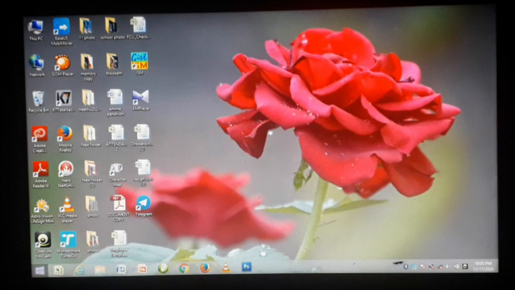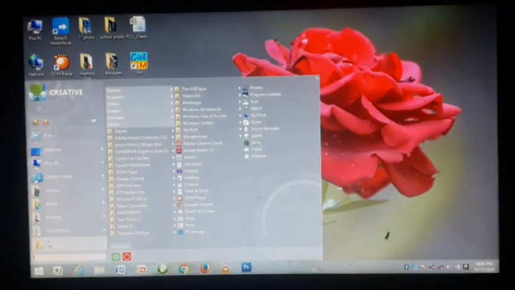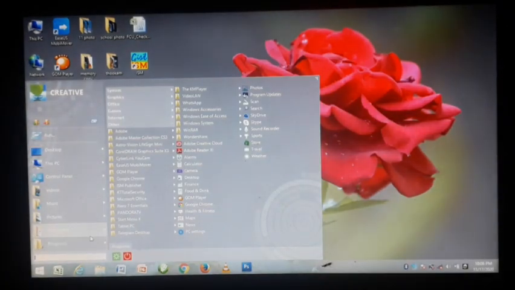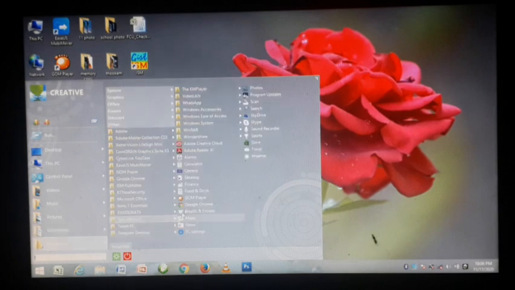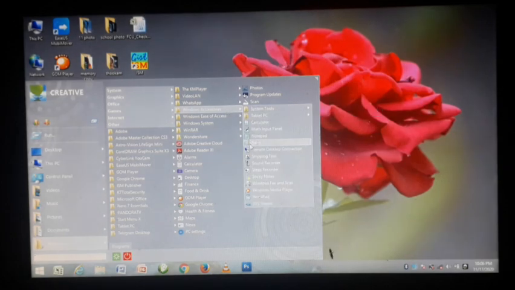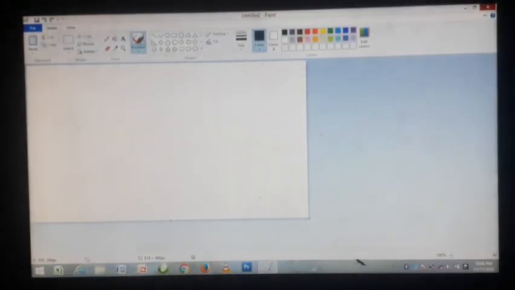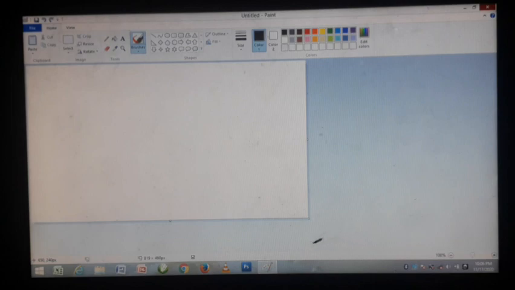First go to the Start button, then Programs, then Accessories, then Paint. Do all of you understand how we start MS Paint? Start button, All Programs, Accessories, MS Paint.